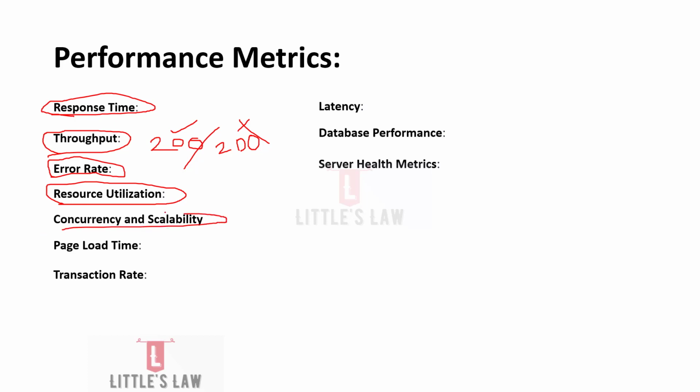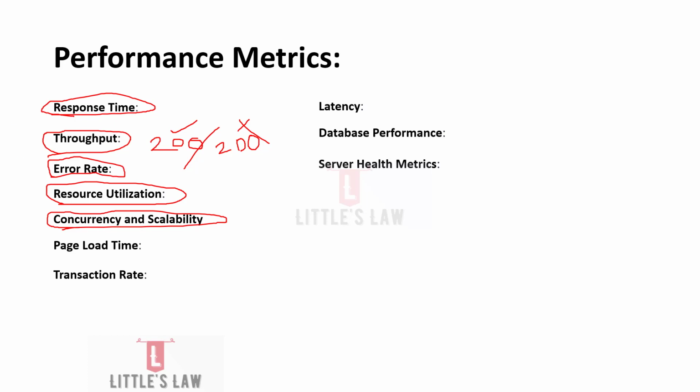And next comes the concurrency and scalability. As part of this metric, the concurrency and scalability evaluates how well the system can handle increasing user loads without degrading the performance. In some scenarios, we'll be testing the application with 200 user load, but in the next scenario, the client might ask, what if I want to scale the load of this test to 300 or 400? So when we are increasing the user load without degrading the performance, that is where the scalability comes into picture.